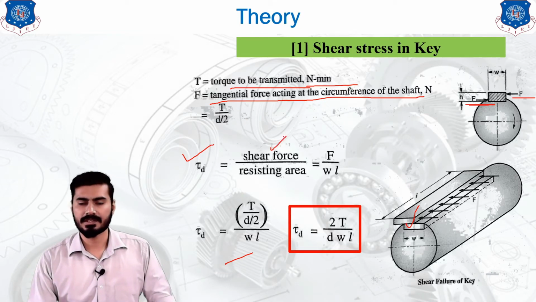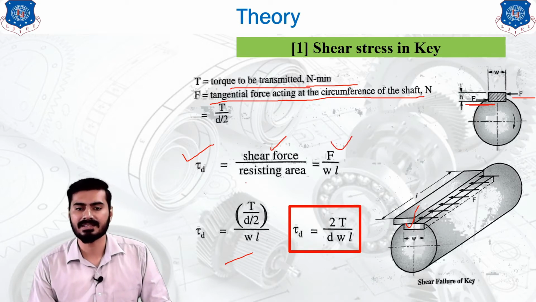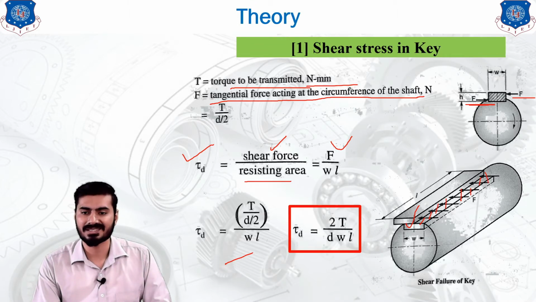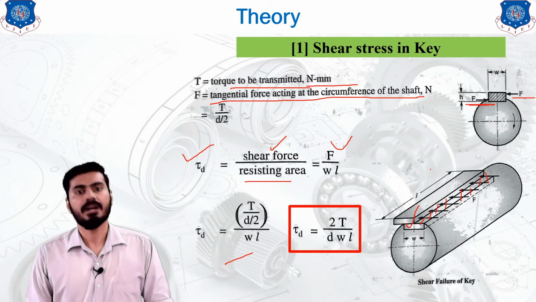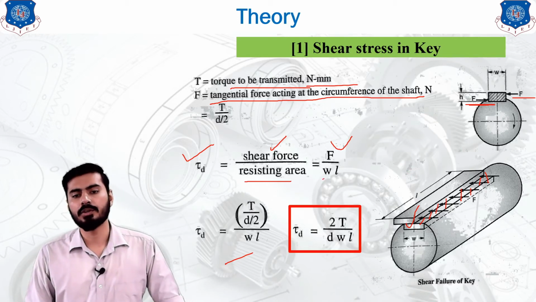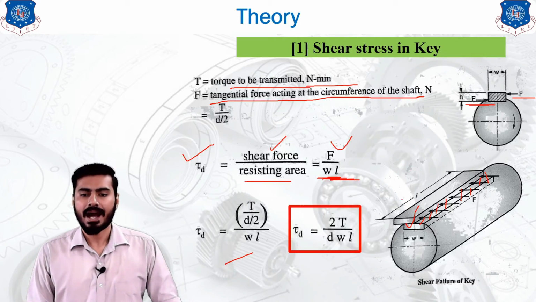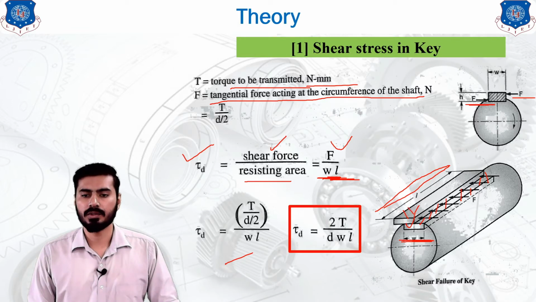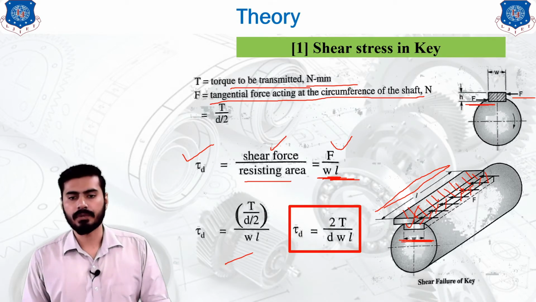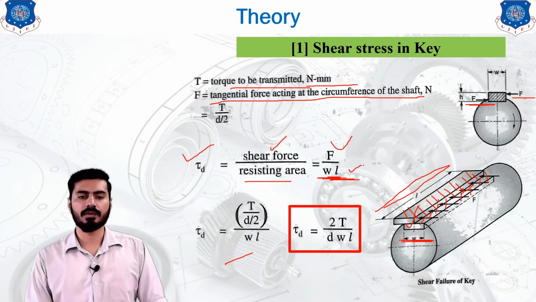The shear force, which is also the tangential force, acts upon a resisting area, so the resisting area is the area where the material is trying to resist this type of failure. It will be a rectangular area which can be seen from the top view, and if you watch it from the top view, then your rectangular area would be W into L. W is the horizontal length and L is the length of the key, which will give you a rectangular area which looks like this, and this area will be in the middle portion of the key.